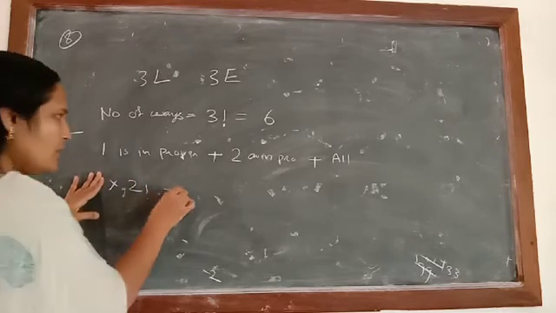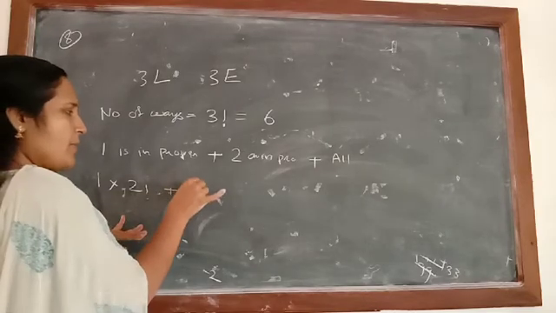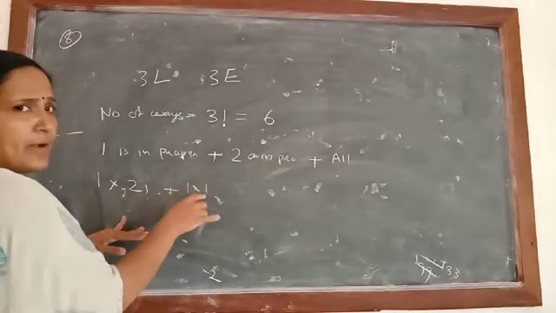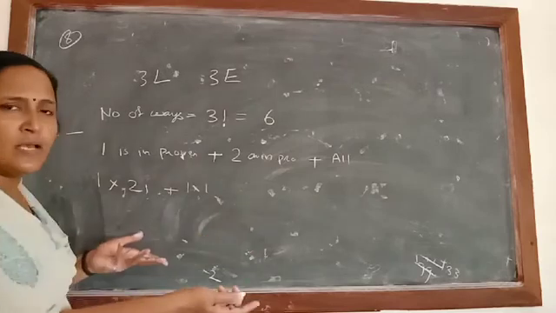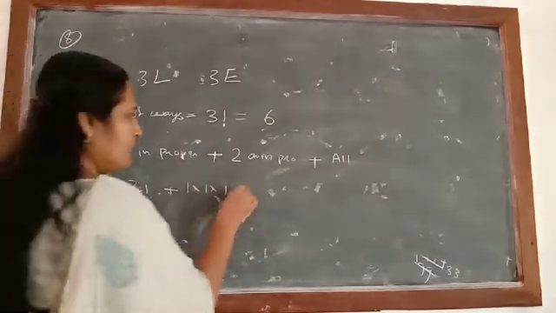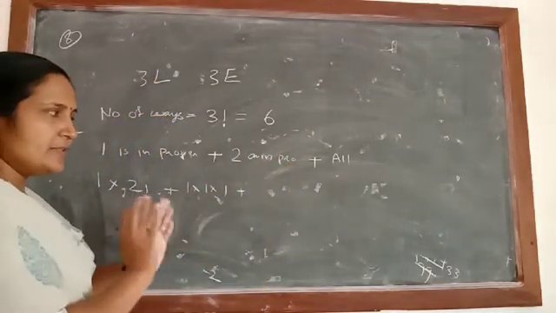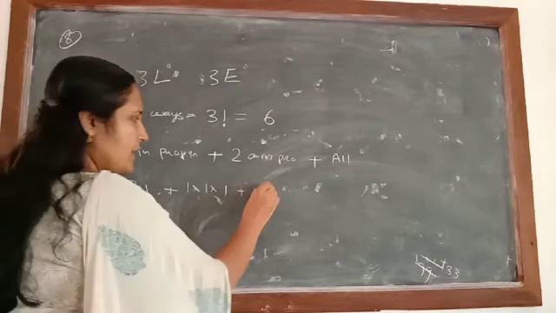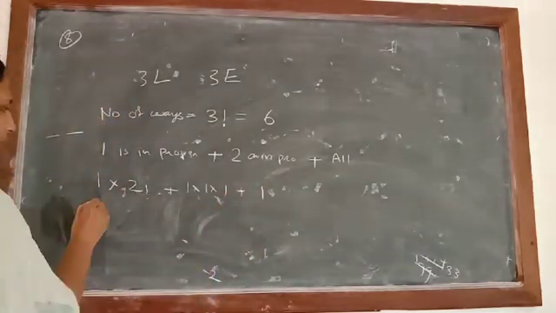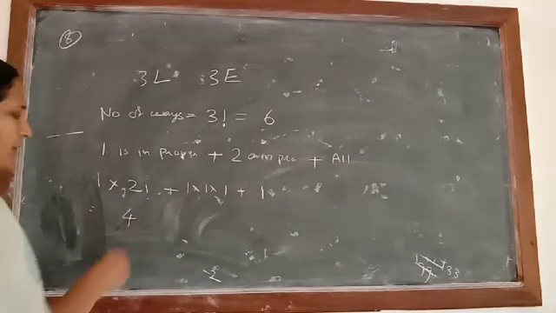Correct? Now if 2 letters are in the proper envelope, means already in the proper way we can place in one way only. Now remaining 1 only left. That can be done also in one way only. Then plus if all are in the proper envelope, we can have the letters in the proper envelope in one way only. So total it will be equal to 2 plus 1 plus 1. So we will get 4.